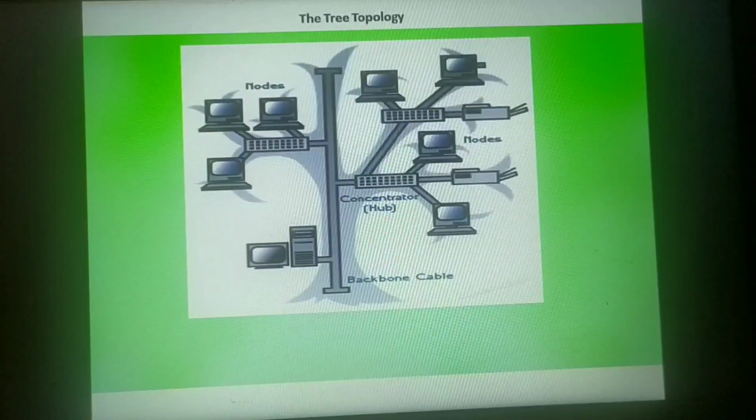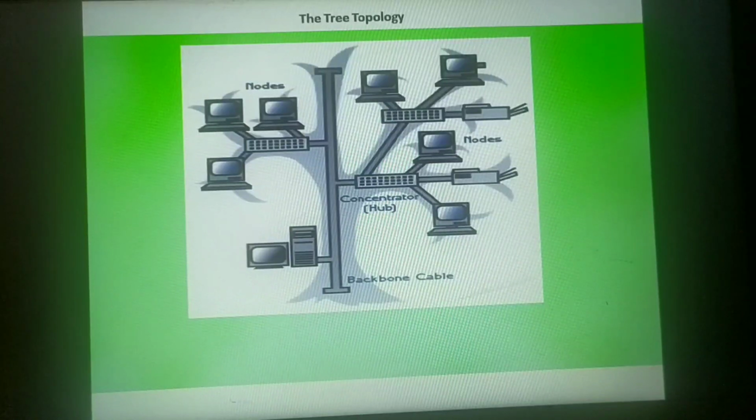Now, this kind of topology is used in applications where there is a hierarchical flow of data and control, where I have more than one network connected to each other. Like the bus topology and star topology, where we have a combination in which the data has to flow hierarchically. When I want to mix two different kinds of nodes, and when I have to enhance my network capacity, we use the tree topology.